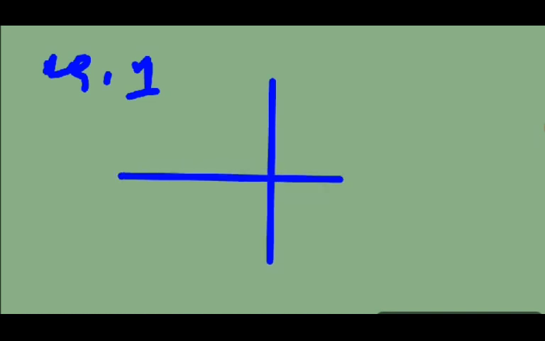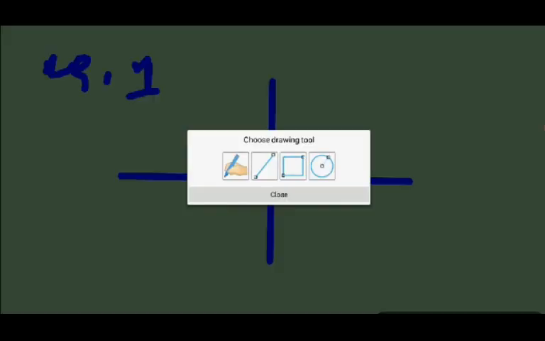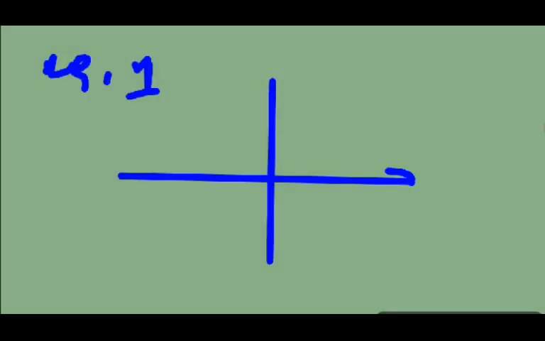So number 1, let's give values for the x-axis as well as the y-axis, considering a magnitude only. This is the x-axis and this one is the y-axis, and let's have a vector A